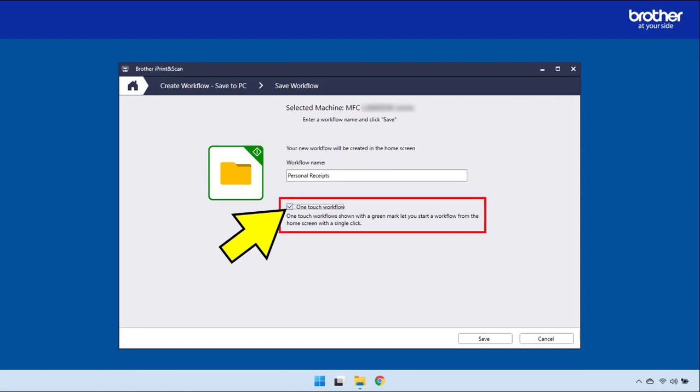Select whether you want the workflow to be a one-touch workflow or not. A one-touch workflow will go straight to scan. If it's not a one-touch workflow, you will be given the opportunity to change any of the settings before you complete your scan. We will select one touch and then click Save.